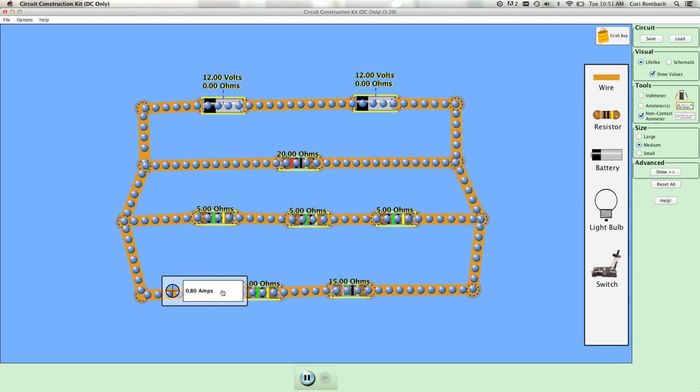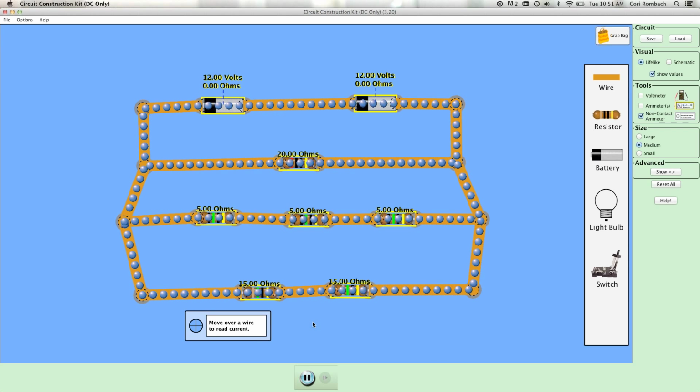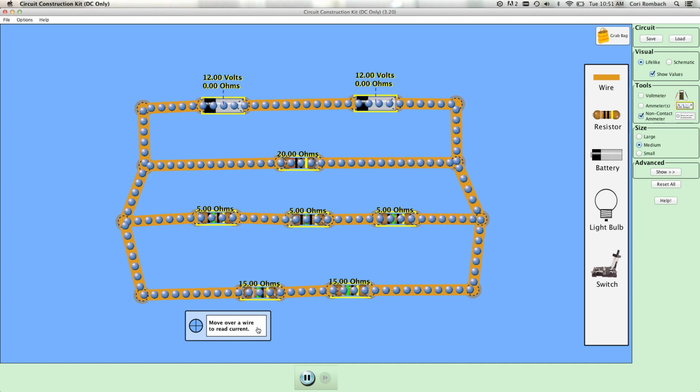All right. So the last question asks, are the resistors arranged in series, in parallel, or in both formations? Now I'm going to explain this a little